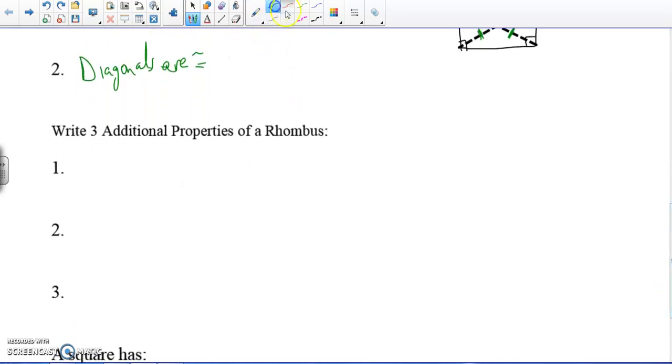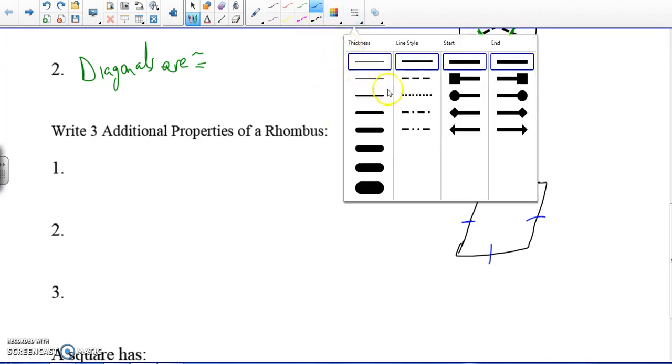All right, a rhombus has 3 more special things about it. Now remember, a rhombus has 4 equal sides, but it's still that kind of slanted figure. So 4 equal sides, but that doesn't make it a square. And the reason it's not a square is because, like I said, it's slanted, it's tilted a little bit. Those aren't 90s in their angles. But what is special about a rhombus, besides the fact that all those sides are congruent,